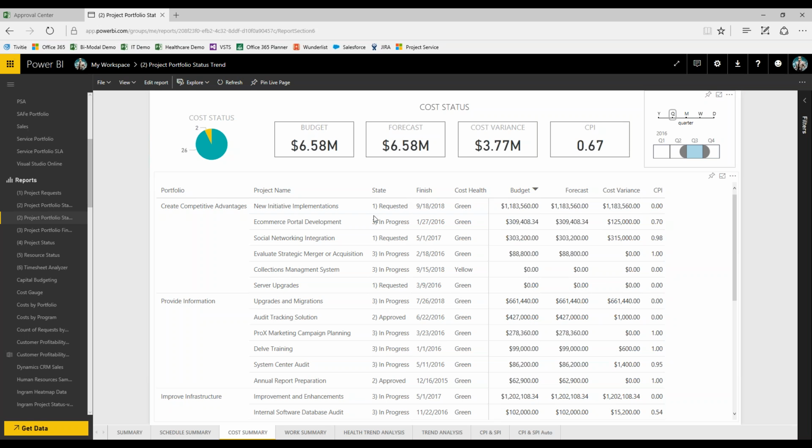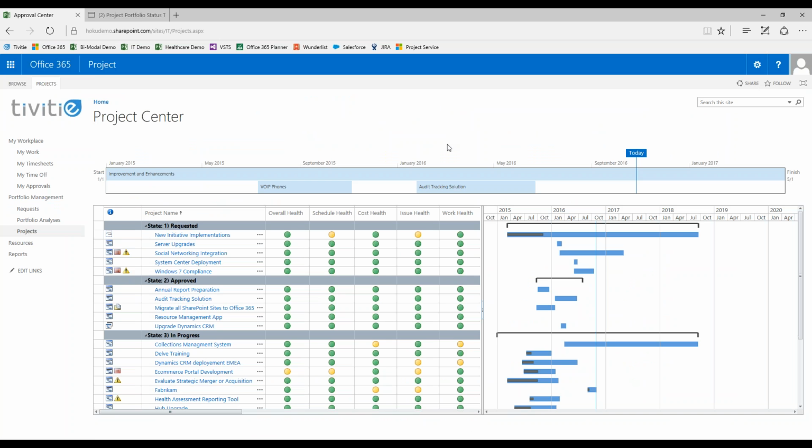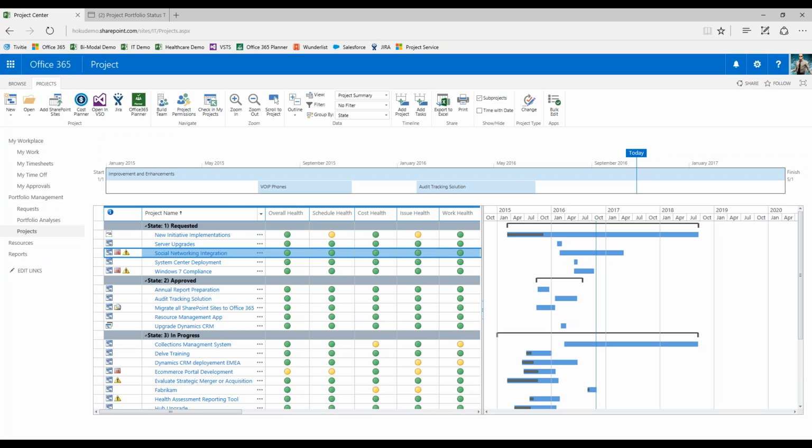And I would say this, given the nature of this information, one key piece of what Michelle talked about earlier is if we're looking into our project center and where we're executing the projects, and she used the example of agile projects for software development, if these projects are being managed and executed in another tool, like for example Visual Studio or Jira or Office 365 Planner, which are more agile and Kanban in their nature in the way that they provide a user interface, those tools can be used to execute on the details and have the updates, the hours that are fed in there, etc., feed back into Project Online as if it had just been entered directly into Project Online.